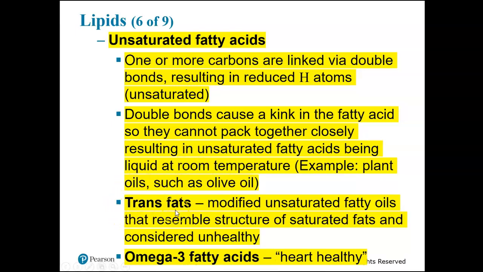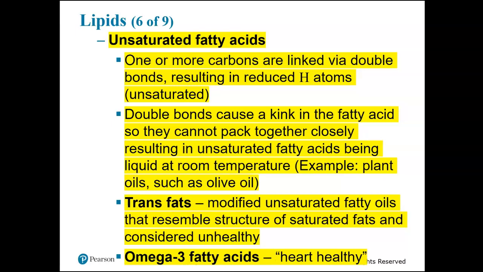A trans fat is a modified unsaturated fatty acid that has been modified to take out the double bonds and make it a fat that ordinarily would be a liquid at room temperature. Now it is a solid. Trans fats are considered particularly unhealthy, even more unhealthy than saturated fatty acids. So trans fats can be found in things like margarine,